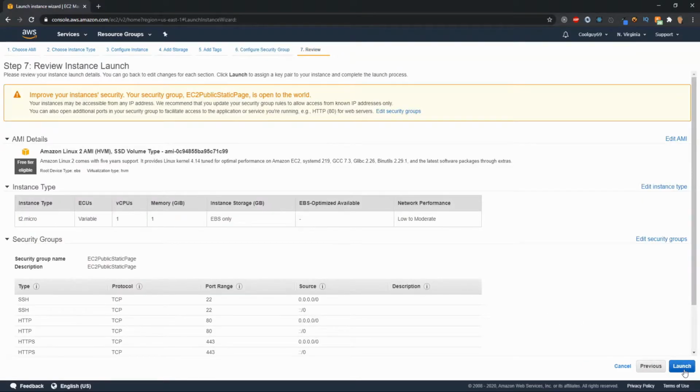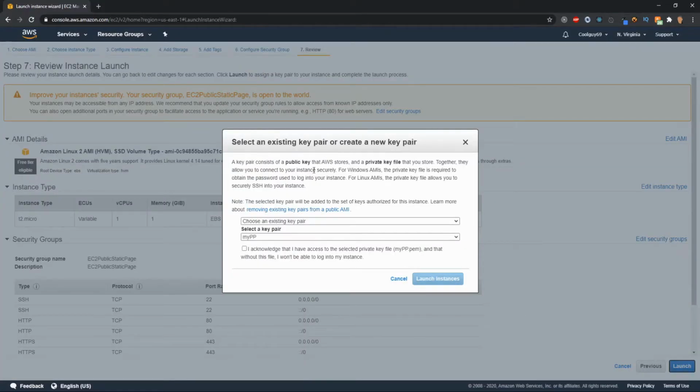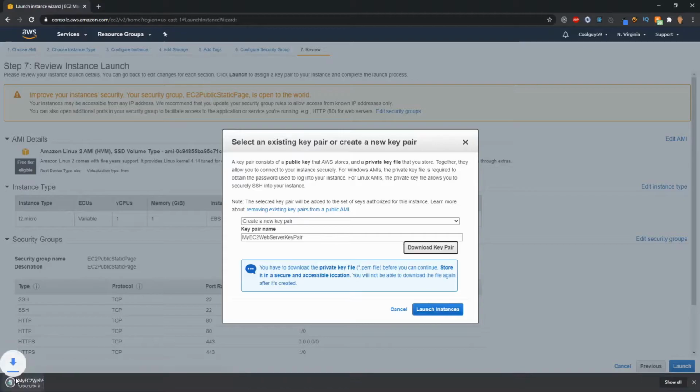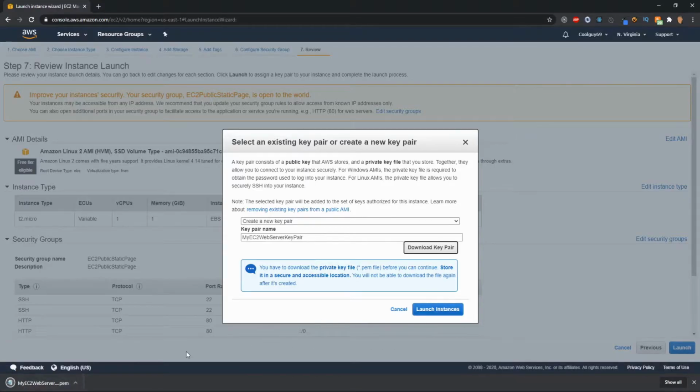I'll click Launch, and now it's going to ask us to create a new key pair. For this, I'll just create a new one. Well, it's going to first ask us to choose one if you already have one made. So I'll give it a key pair name of my EC2 web server key pair. That is a long title, and I'll download the key pair, and you can see right down here it's added to my downloads. I don't know if I can zoom in, no, I cannot zoom in there. So now I'll just launch my instance